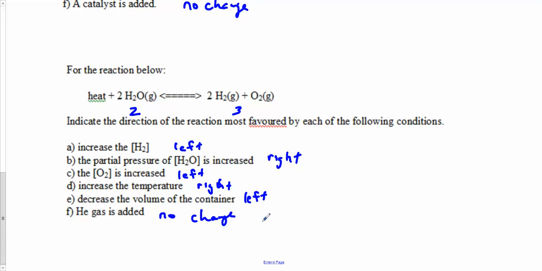So that is a quick look and introduction to what Le Chatelier's principle is. And remember, equilibrium system